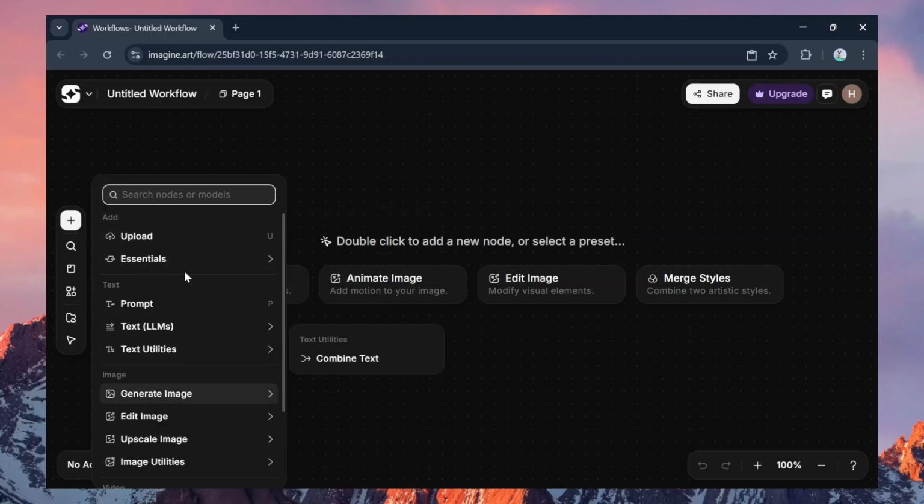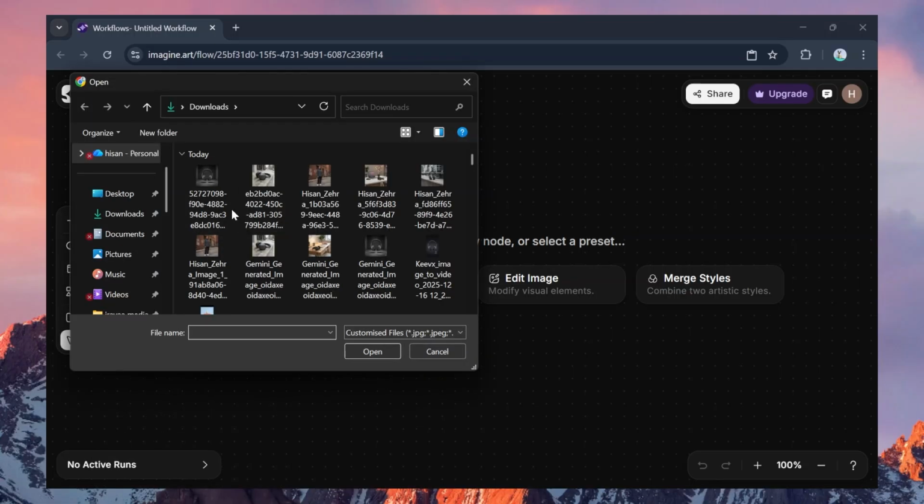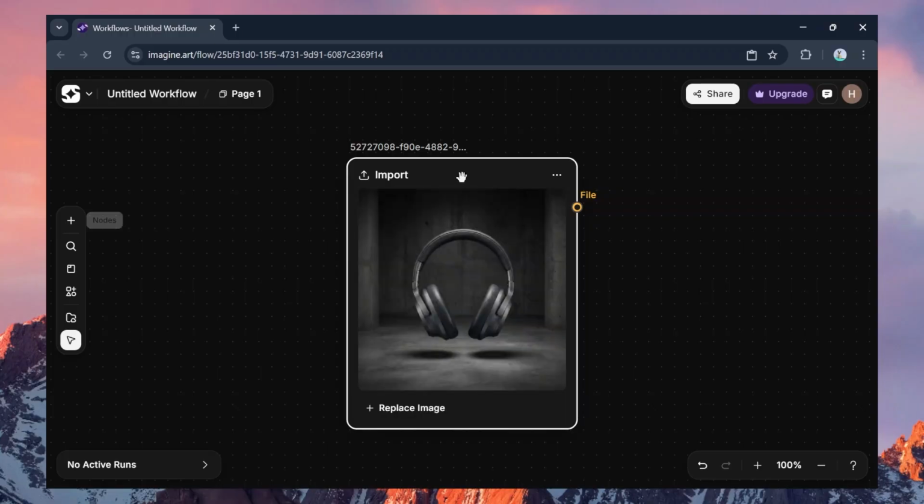So now you can add in a node by clicking on this add button and select the type of node that you want. So you want to add an upload node, which is what will be used to upload your images. So I'm going to upload this image here and click on the open button, and you can simply drag it